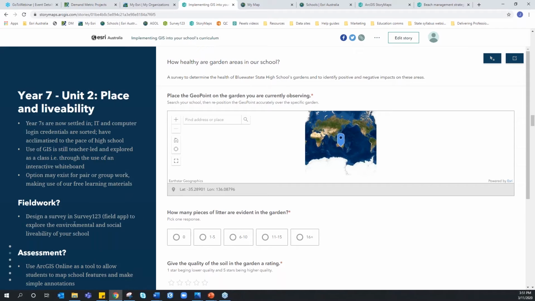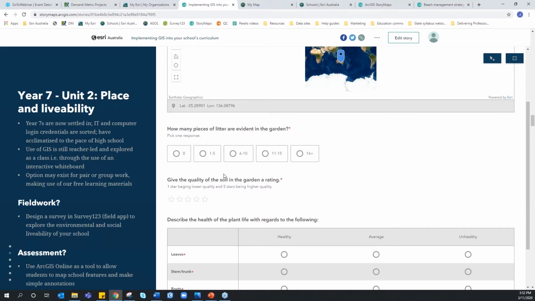I designed a quick survey that was essentially going to explore the environmental and social livability of the school. Students would go out during lunch or whenever they collected their data and use a school-based iPad, or if you've got the rules in place, their own mobile device, and collect data on this survey form on their phone or on their iPad. They could go to the specific point in their school, zoom right into that school, and mark their exact location where they'll be collecting data,